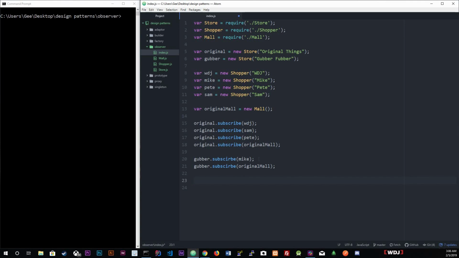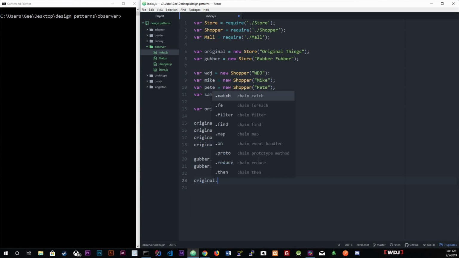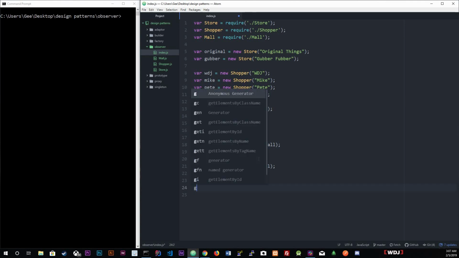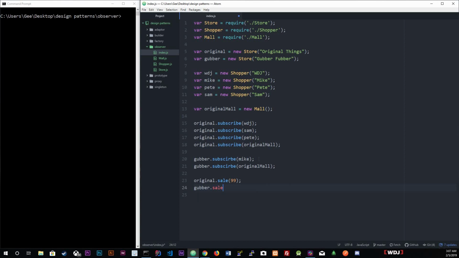Now we're gonna announce some stores to have some sales. So original is going to have a sale, and they're gonna give off 99% off of everything because they're cool. And goober.sell is going to have a 0.1% off everything, and since that's Mike's favorite thing, sucks for Mike. And now they're having a sale, so this should notify everybody, hey, I'm having a sale, come to my place, whatever. So for now we're gonna log out the